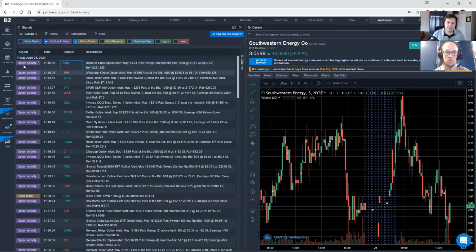Really, one thing about the options activity is actually an add-on. This required extra data that we had to purchase in order to create this signal. So there's actually an add-on price to the options activity. I believe it's $14.99 per month retail. But this is an incredibly helpful indicator, or excuse me, an incredibly helpful signal that could be another data point